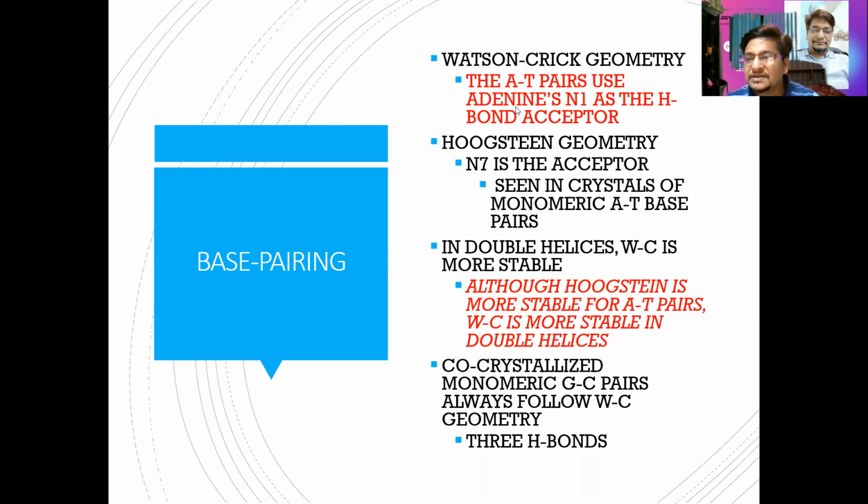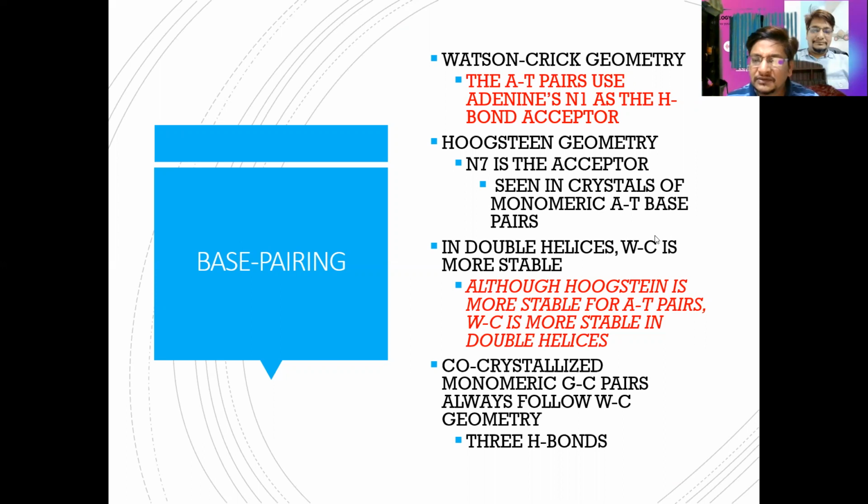Why? Because this is the specific pairing, and we also call it Watson and Crick pairing. Whereas if it is not the case, it is going to be called Hoogsteen symmetry or Hoogsteen geometry. This geometry is usually found in the case of telomere, where the N7 is going to be the acceptor, and normally it is not seen in the DNA structure. So the more common and thermodynamically stable structure is the Watson and Crick pairing, because a WC pairing is going to be more stable.